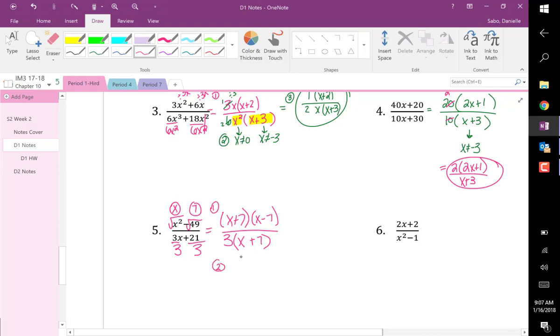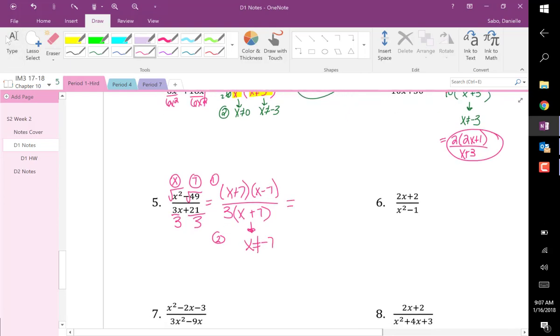Our second step is to tell me the excluded values. What makes the bottom equal to 0? 7. Awesome. Final step is to cancel things. So this is step 3. What's the only thing that cancels? X plus 7. Beautiful. So I have x minus